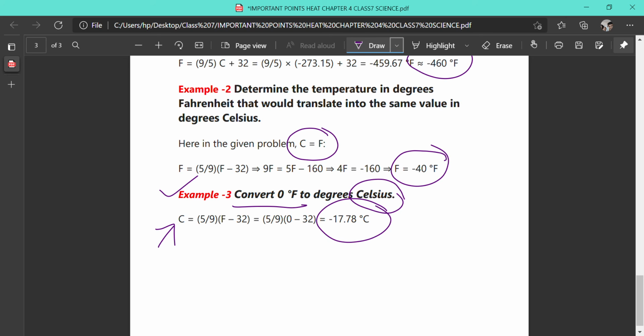So in today's lesson, we have learned what heat is, a form of energy, and what temperature is, the degree of hotness or coldness of a body. How can we measure it? We can measure it by an instrument called a thermometer. What are the different types of thermometer? There are three types: maximum and minimum, clinical thermometer, and laboratory thermometer. And we have seen three different scales of temperature, Celsius scale, Kelvin scale, and Fahrenheit scale, and we have also got some relationships between them.